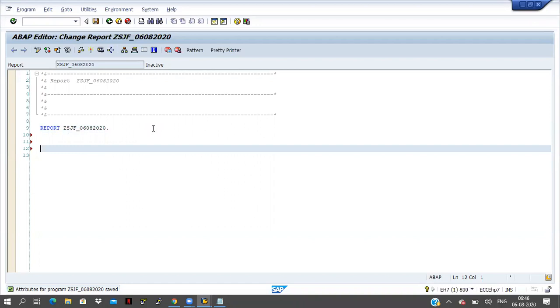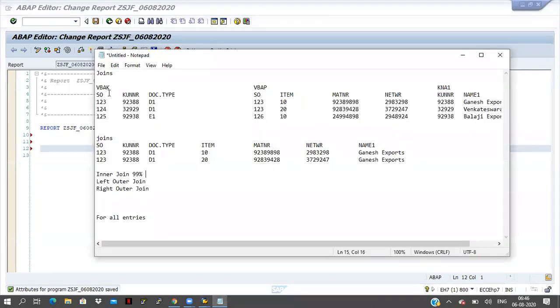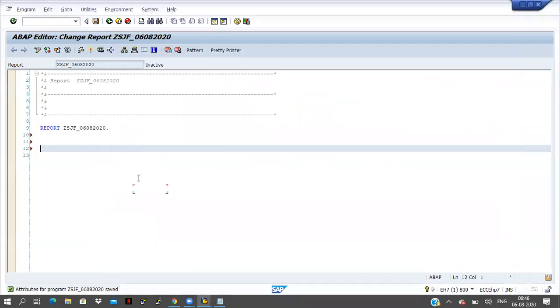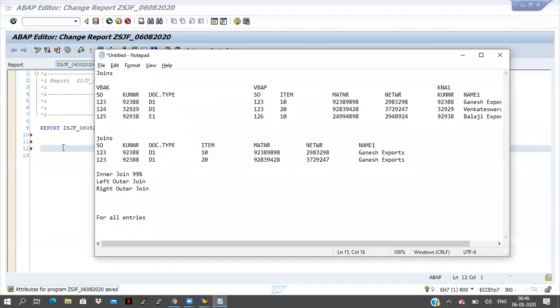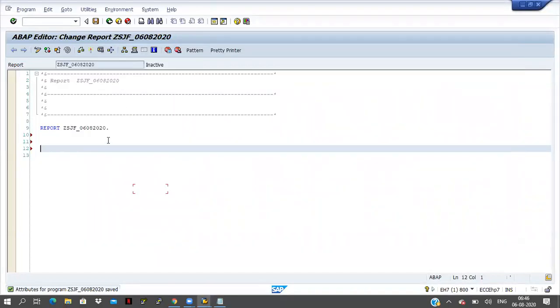First of all, I will write the logic for two tables, VBAK and VBAP, and after that I will extend to KNA1. Now, how many fields you want from VBAK and how many fields you want from VBAP? For these fields, you have to declare one internal table and work area.